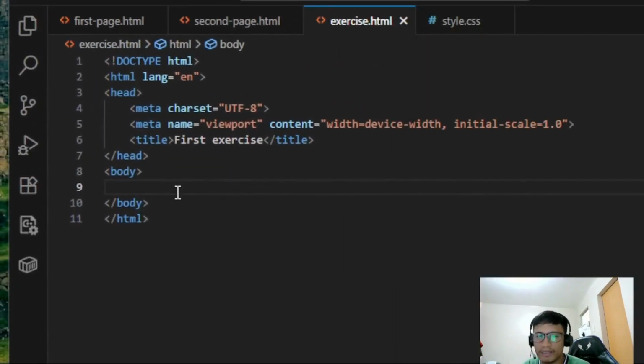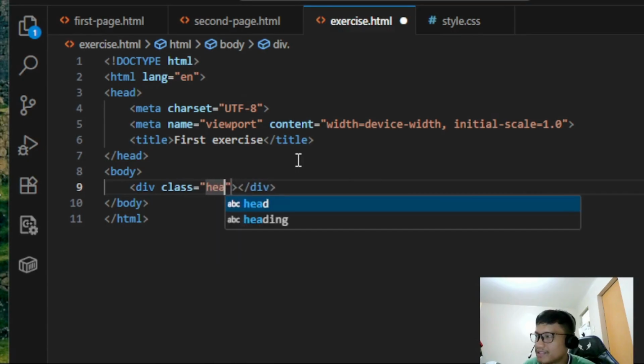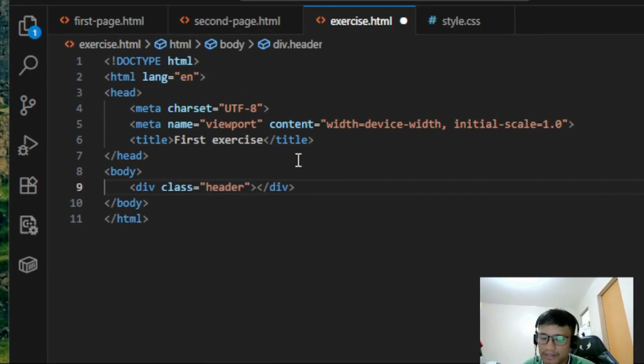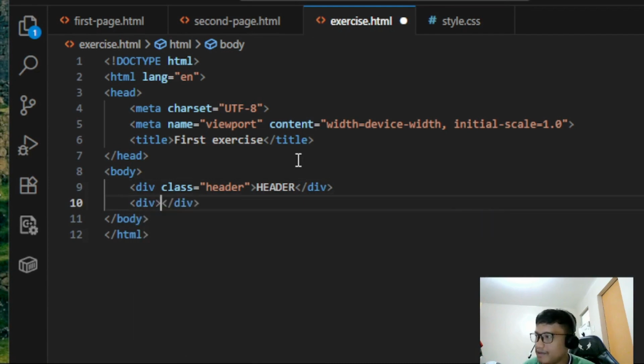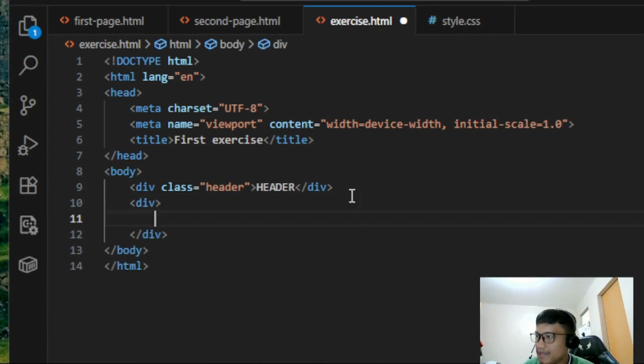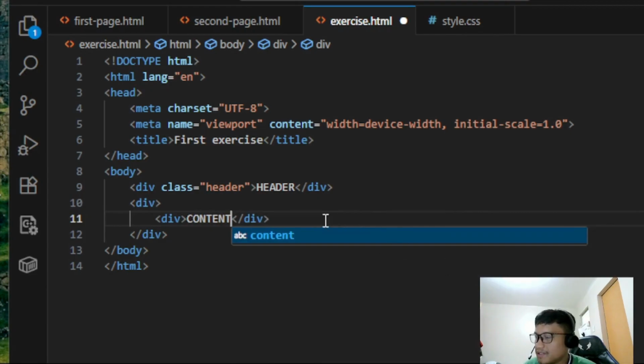So I'll start with the header. I'll have here a div, and I'll name this one header. And then another div, inside we'll have content or sidebar.